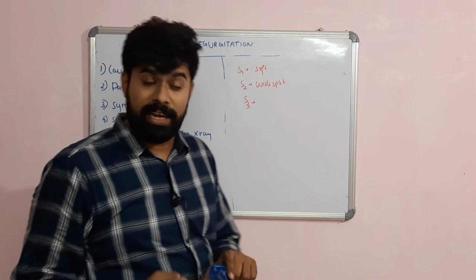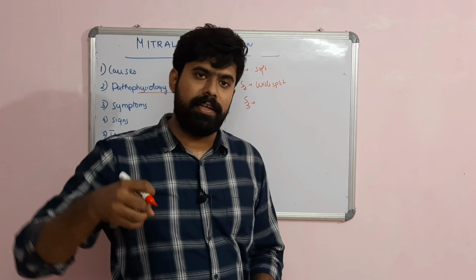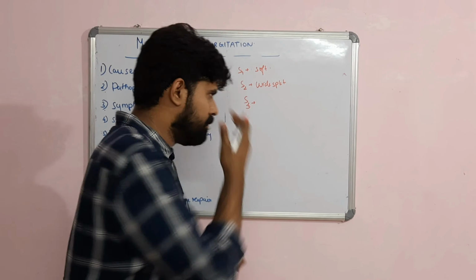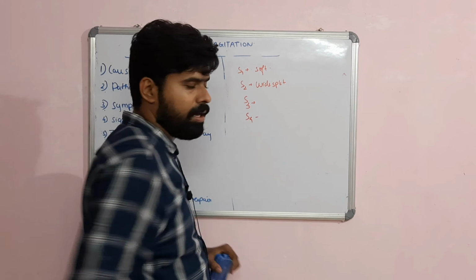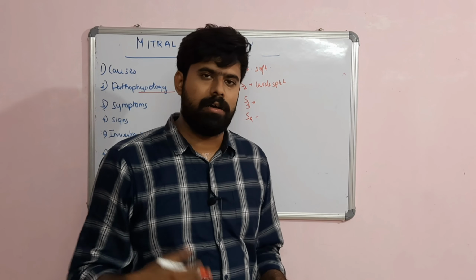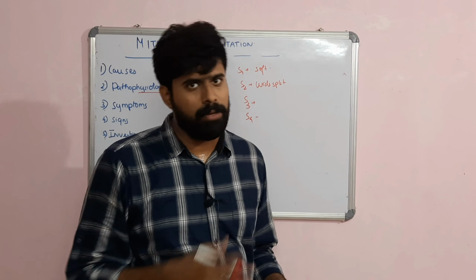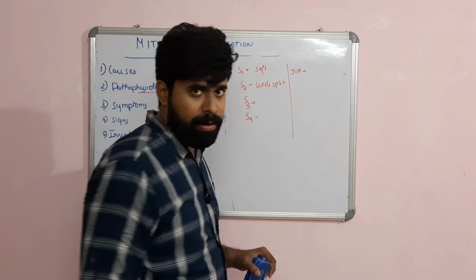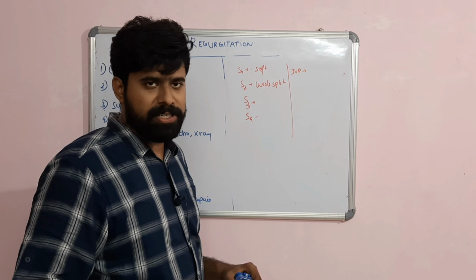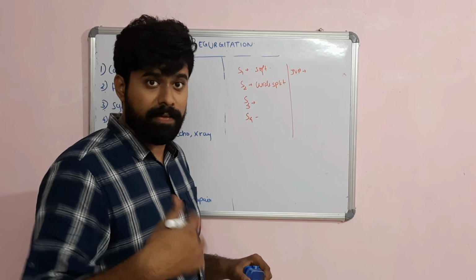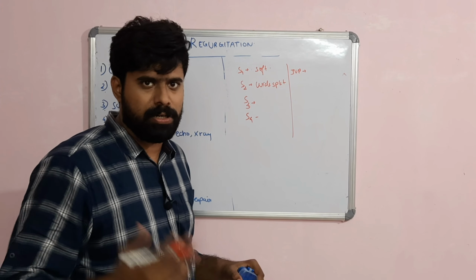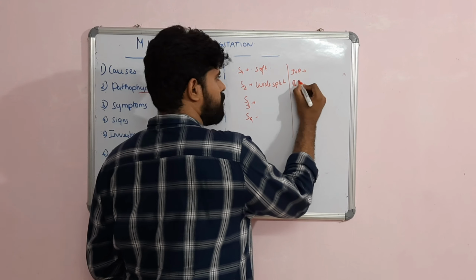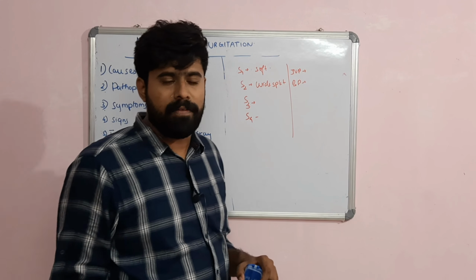S3 can be present because of LV dysfunction or because of the increased ventricular filling due to the more volume of blood entering from the left atrium to the left ventricle. And S4 can be seen in a case of acute mitral regurgitation, if the patient is in sinus rhythm. In the JVP, if the patient is in atrial fibrillation, there will be absence of the A wave. If the patient is in sinus rhythm, there can be a prominent V wave due to the left atrium. In the right atrium, with pulmonary hypertension, the patient can have a prominent V wave. These are the JVP findings.